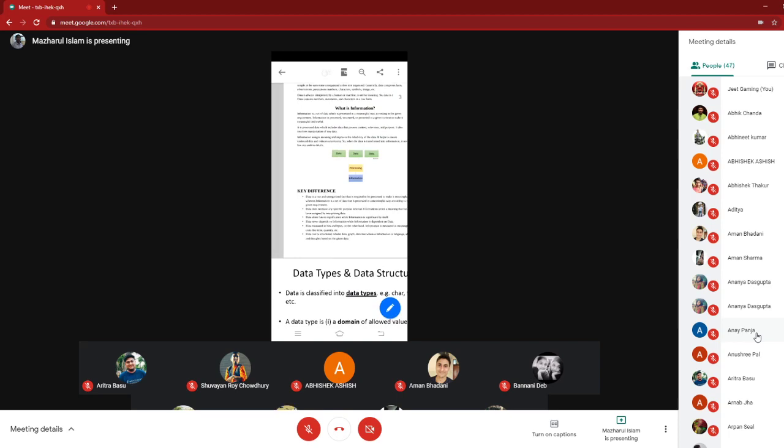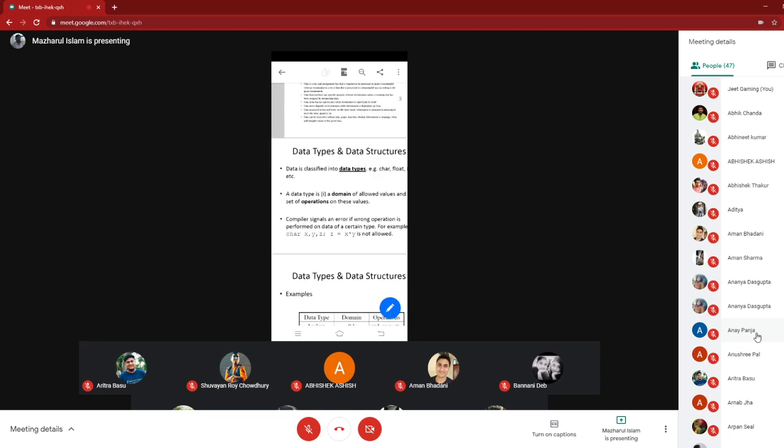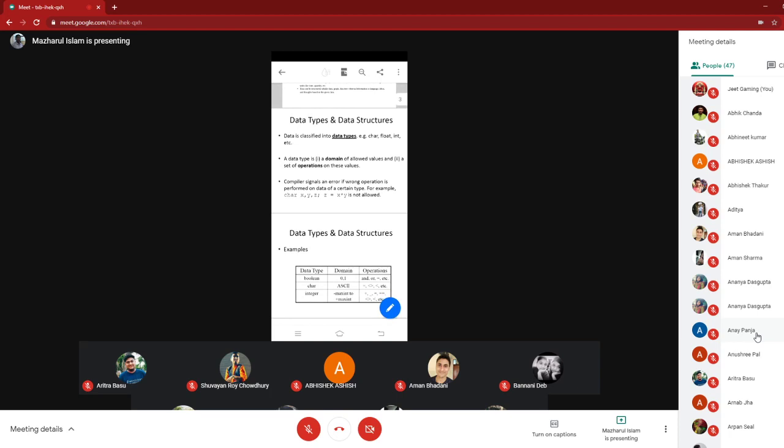So now, before defining what a data structure is, you know what data is. Now all data, that is raw data, is classified into data types. Just remember your C programming language, where you used some primitive data: integer data, float data, declaration of a variable of type float, of type integer, declaration of char type data.